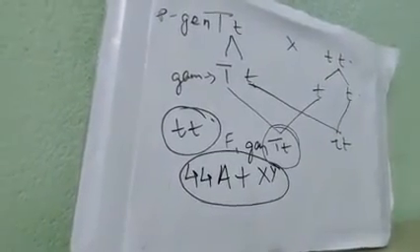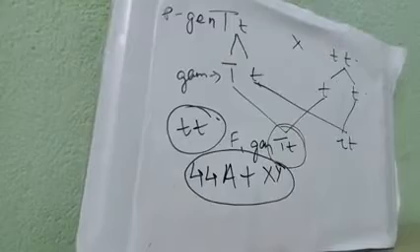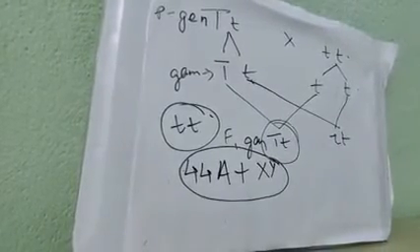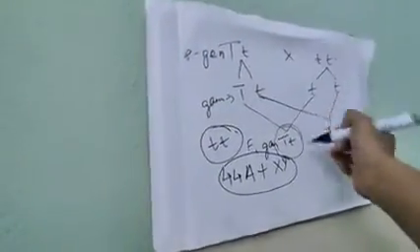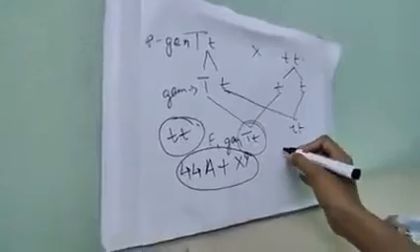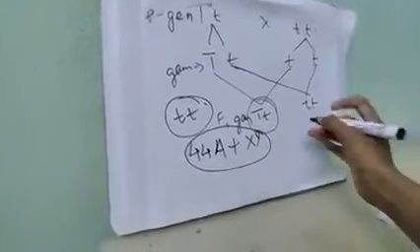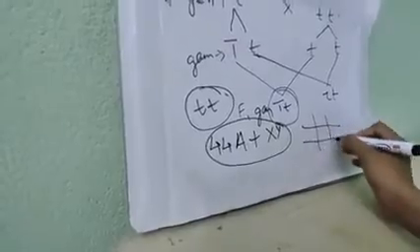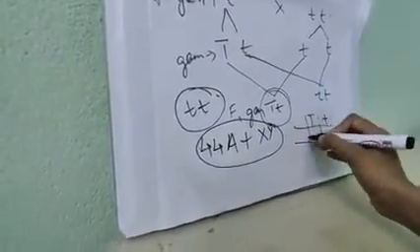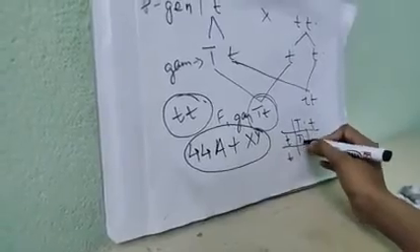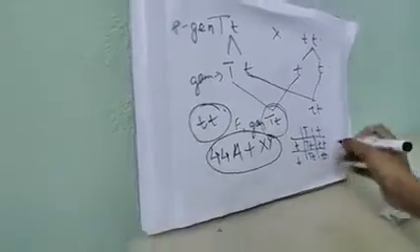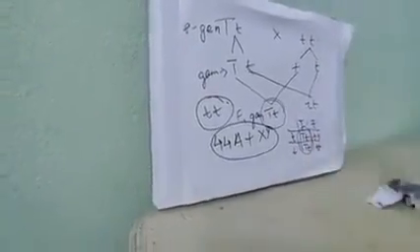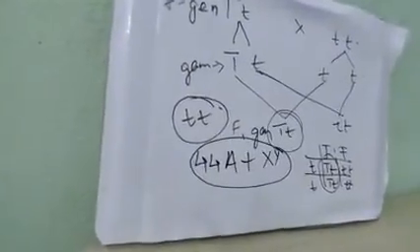Got it? Number 32. The pea plants produced from the seeds obtained from a cross between hybrid tall and pure dwarf will be... same thing. You see, I have done it till the F1 generation, right? The same question is repeated so many times. Now, if I do the cross in the F2 generation, capital T small t, small t small t, then what will I get? See, 50% tall, 50% dwarf. So, same thing, 50% tall plants we will get.